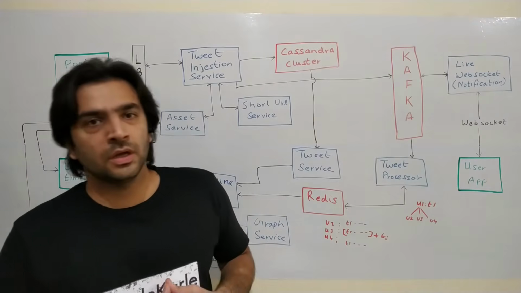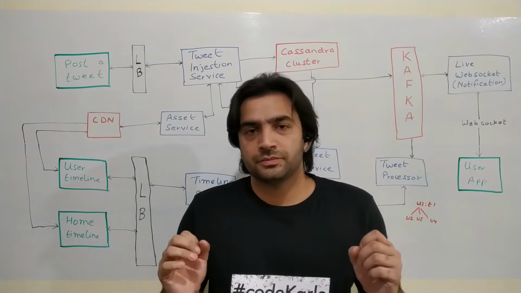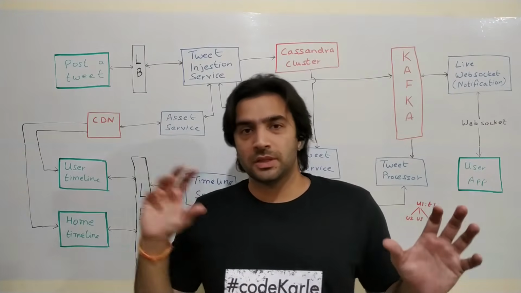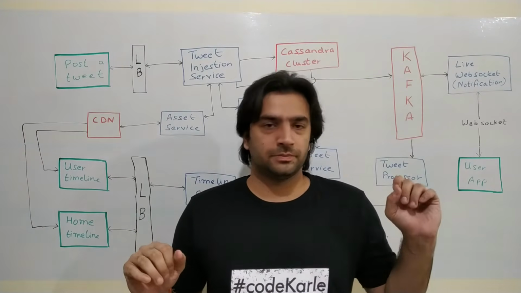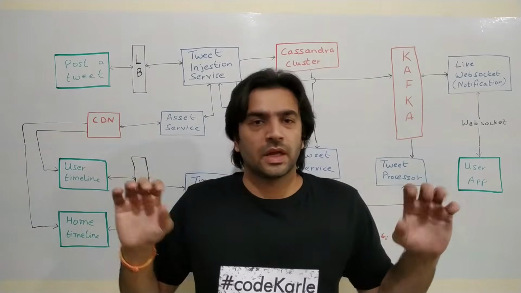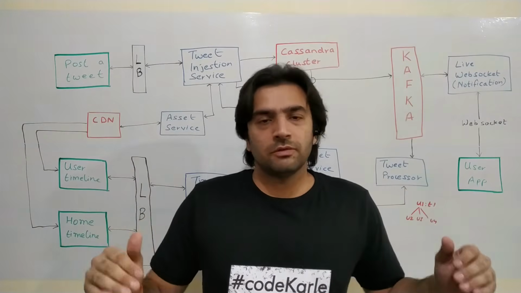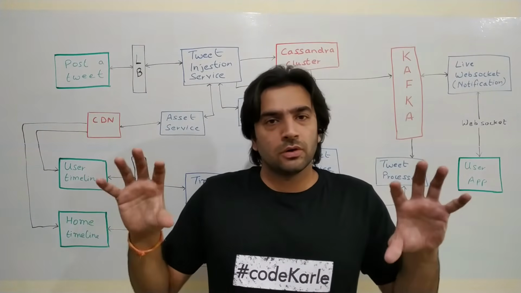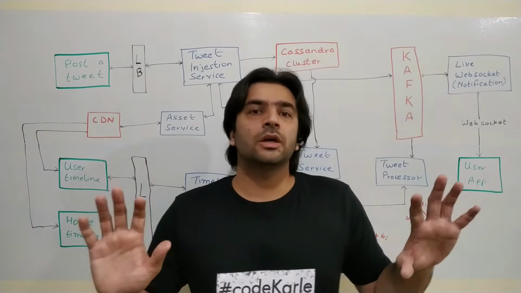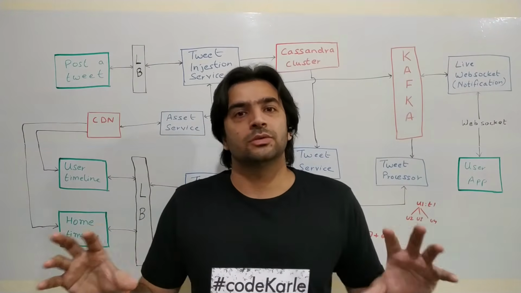But now coming back to the famous users. There could be certain famous users who follow some other famous users, right? So let's say Donald Trump is following Elon Musk, for example, and both have millions of followers. Neither of their tweets will go the Redis route normally. But if Elon Musk tweets, then Donald Trump should get notified at least. At least the famous users among themselves should get to know of each other's tweets, right?